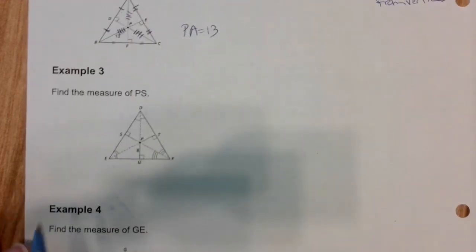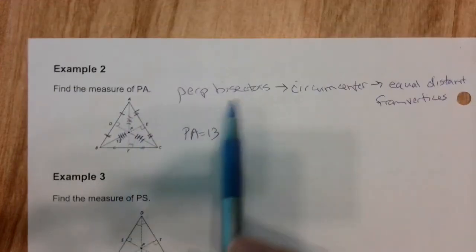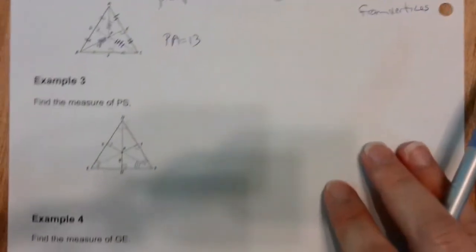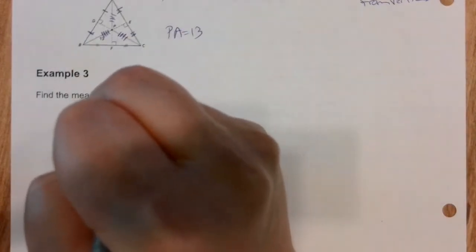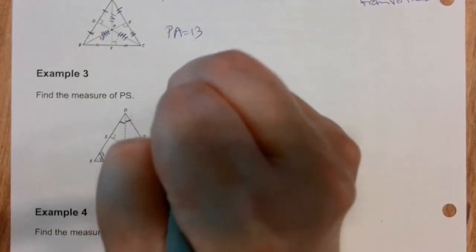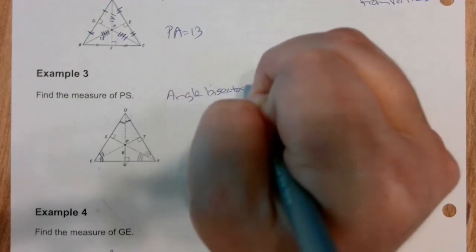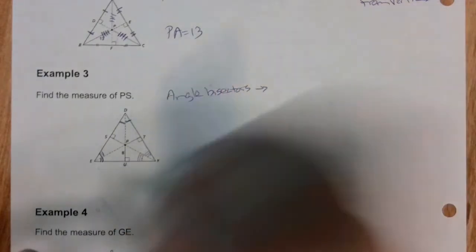Next one, find the measure of PS. What is this a picture of? We have 90-degree angle marks, just like we did up here. But what about the bisector part? The congruencies are here. These are angle bisectors, which means this is a picture